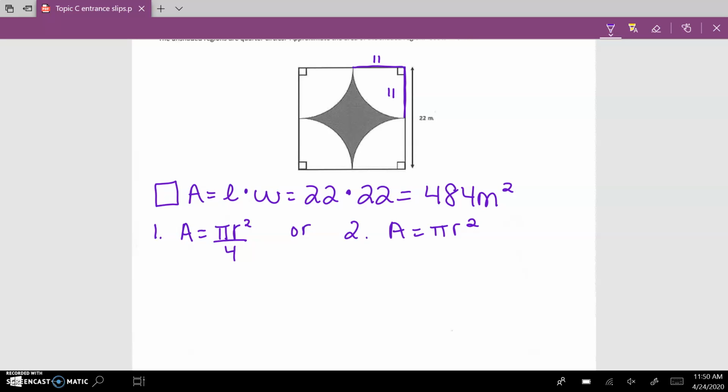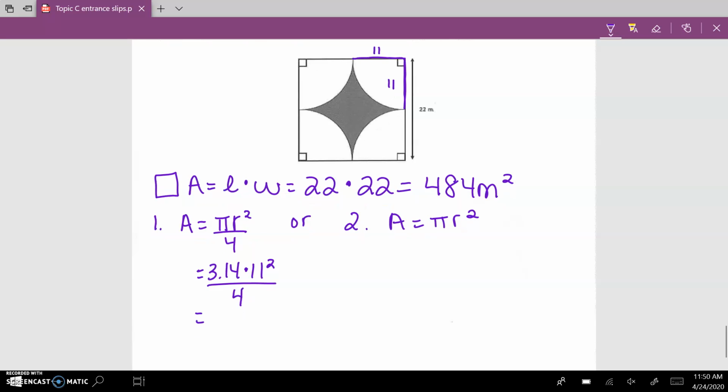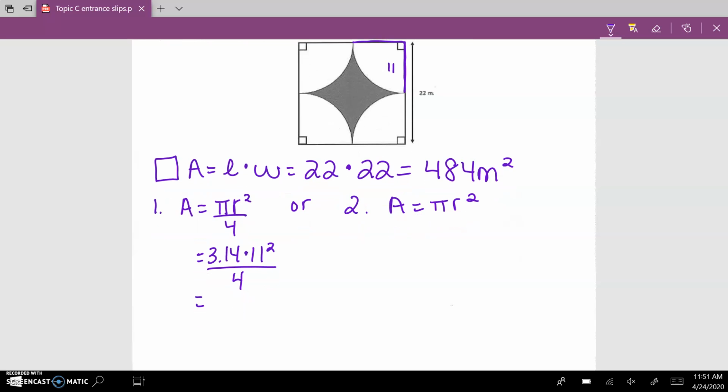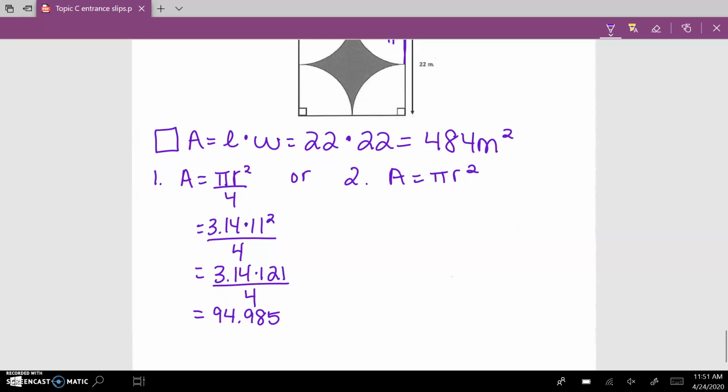If you did the first option, we'd have 3.14 times r, which is 11 squared, and then divided by 4. So we'd have 3.14 times 121 divided by 4. When you type all that in your calculator, 121, then divide by 4, you would get 94.985. But remember, because we have 4 quarter circles, you'd have to multiply that by 4, and that would get you